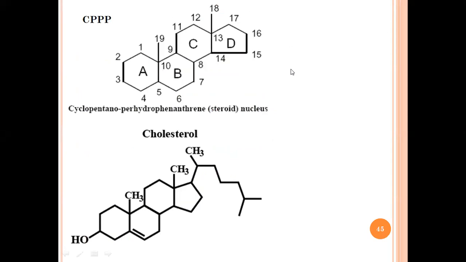This is an abbreviation. उसका full form है cyclopentano perhydrophenanthrene. अभी तुम लोग के बुक में ये डायग्राम नहीं दिया है ना, तो ये नाम लिखा है cyclopentano perhydrophenanthrene. But what they have mentioned is the steroid nucleus. So this typical cyclic structure, which includes 3 hexameric rings and 1 pentameric ring, is known as a steroid nucleus.